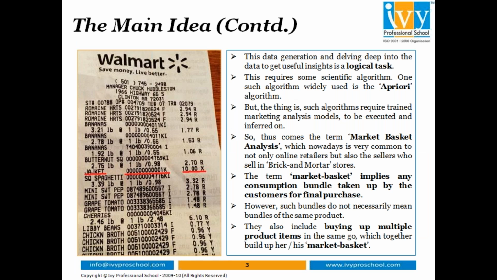So if we look at this particular invoice, this is a Walmart invoice. We see that there are several items. Some have repetitions, some have been clubbed together. Like bananas have been clubbed, 1 pound or 2.78 pounds of bananas have been clubbed together. And some, like Roman hearts, cherries, chicken broths, have been segregated. So usually what happens,